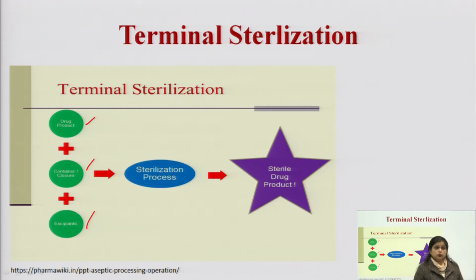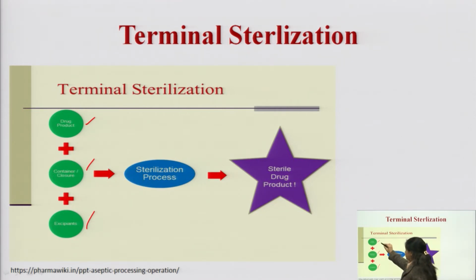We usually use single dose containers in case of terminal sterilization. Terminal sterilization is mainly done for end product sterilization, and end product sterilization can only be done if the raw materials which we are going to add within that dosage form are not affected by heat, that are not highly thermosensitive, and will not metabolize when they are heated. In that case only we can go for terminal sterilization, we can go for end products.